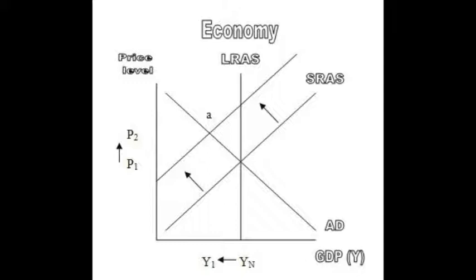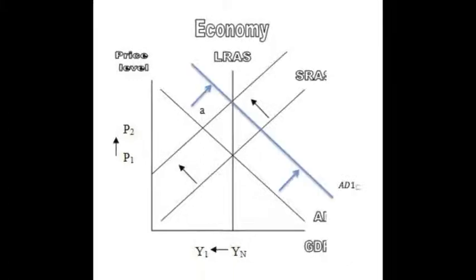Fiscal policy can only shift the aggregate demand curve, so there is a trade-off for picking either expansionary or contractionary fiscal policy. Fixing stagflation with an expansionary fiscal policy by either increasing government spending or decreasing taxes would shift the aggregate demand curve to the right. Since the problem with stagflation is the short-run aggregate supply curve, increasing aggregate demand would increase GDP, which would help the economy, but at the same time it would increase prices even more than before, which is a trade-off of